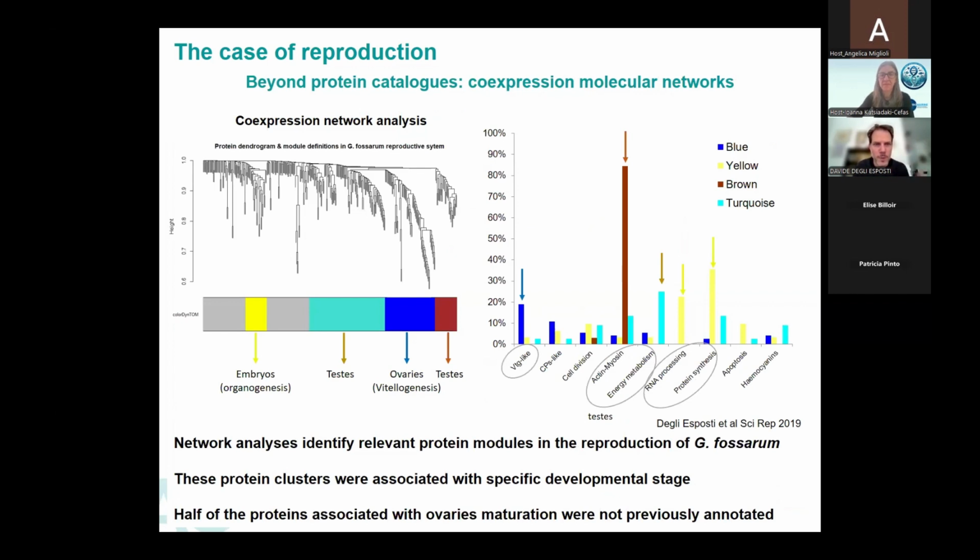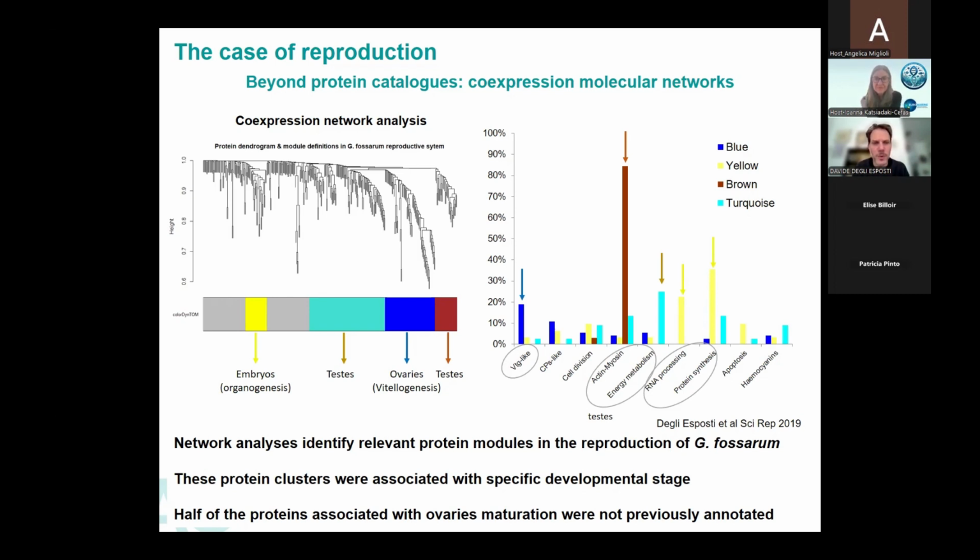And when we apply this biostatistical approach, called co-expression network analysis, that is based on an R package called WGCNA, that I have adapted to protein counts, we saw that we were able to identify 4 different modules, and these modules were associated to different organs, the embryos, the testes, the ovaries, and in particular, what was interesting to observe was that